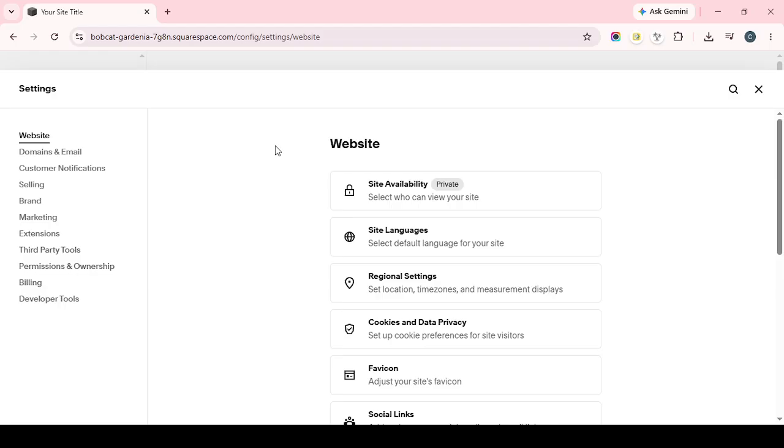After the client has access, transfer site ownership to them. This officially makes their account the owner of the website. Once the transfer is complete, check that everything looks correct and that the client can access the